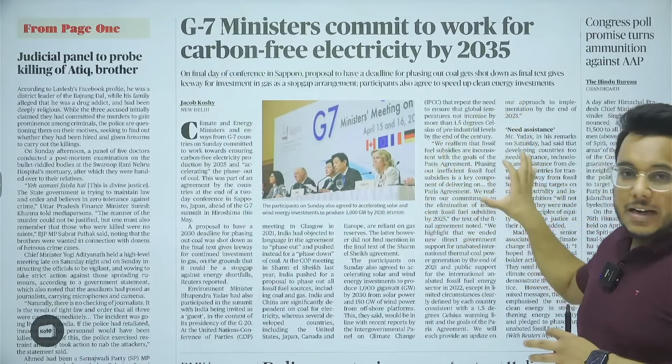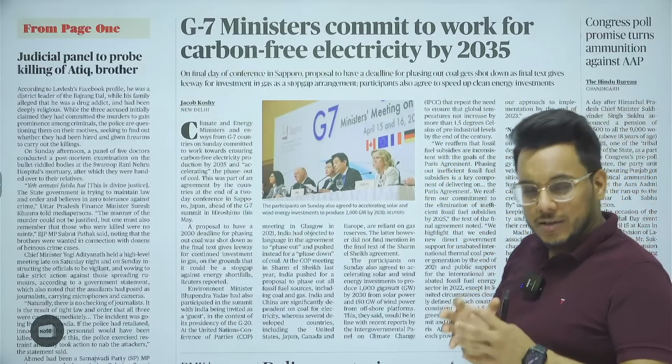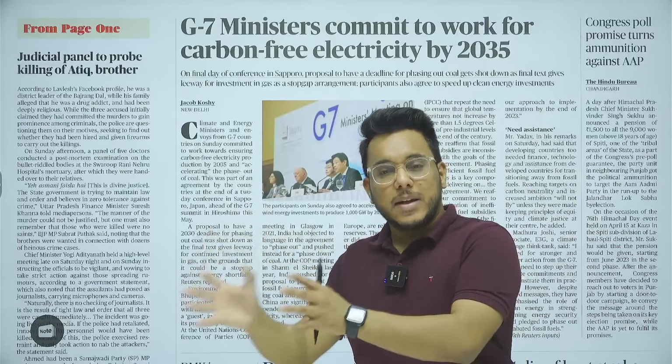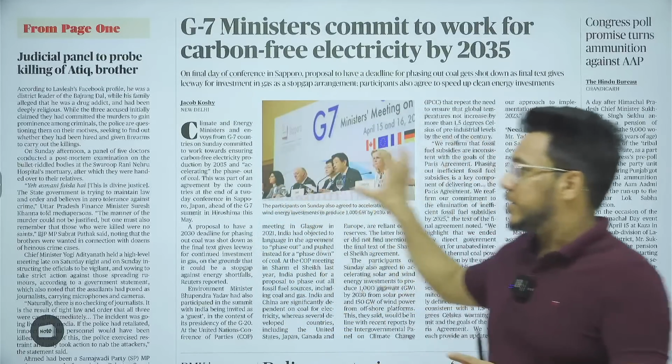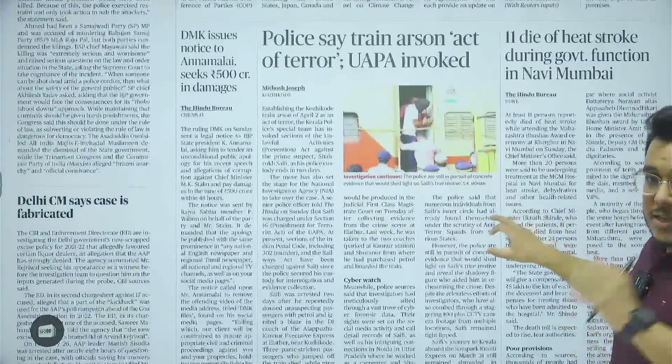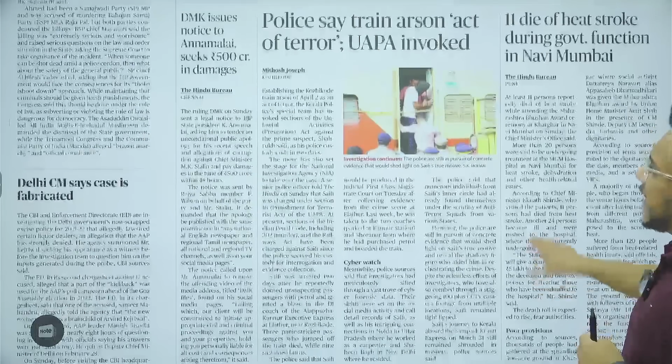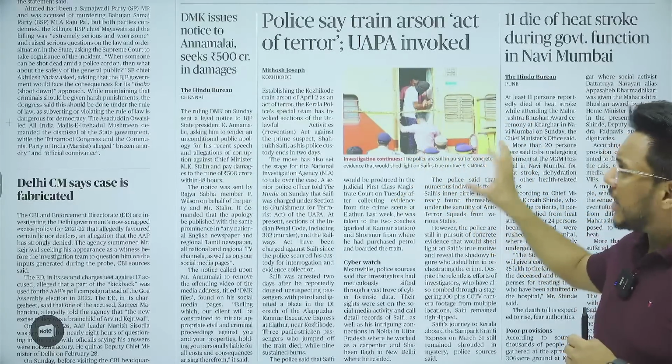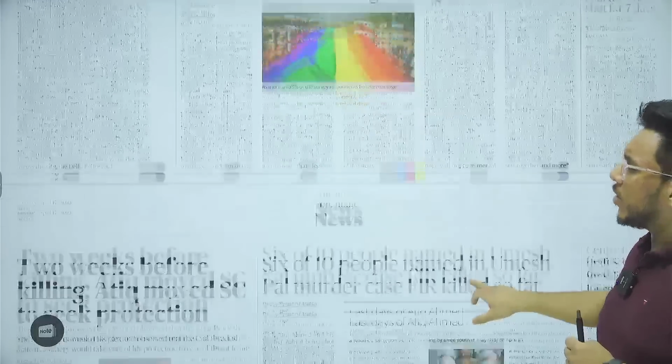We will see this article because the G7 summit is scheduled to be held in May in Hiroshima, and G20 is being chaired by India. So we will see the G7, and how the G7 can be converged with India, where India is leading the G20. We'll take that. After that, we don't have important articles. Largely, articles related to law and order, etc., are there.